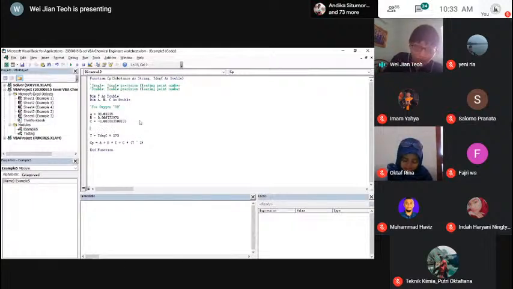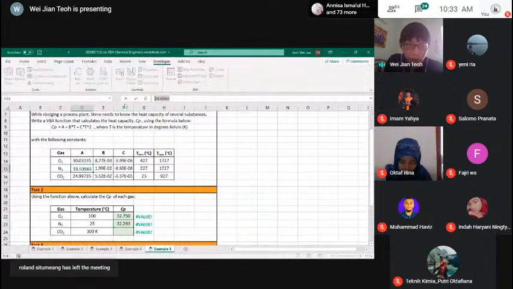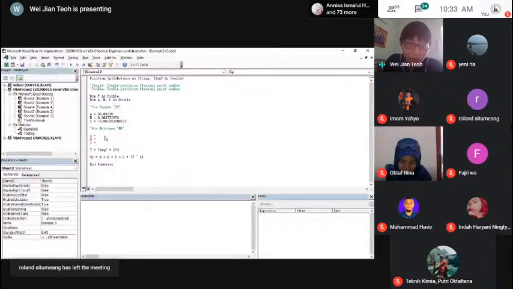So let me just define the variable for if I'm going to change it to nitrogen. I'm just going to change this, and I'm going to copy the constants here because I'm lazy to type them.